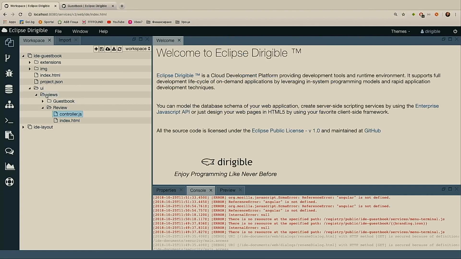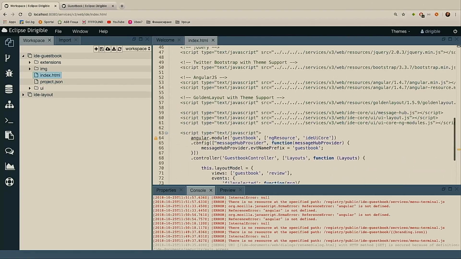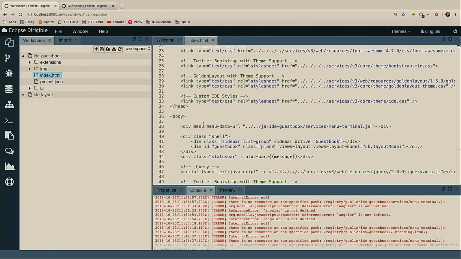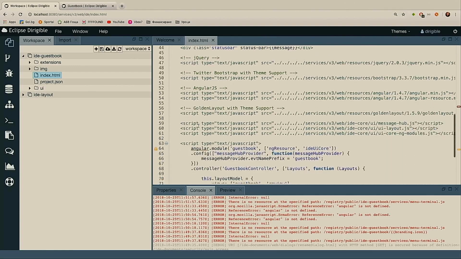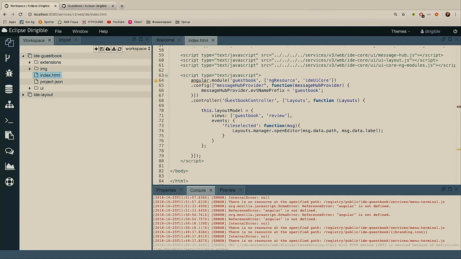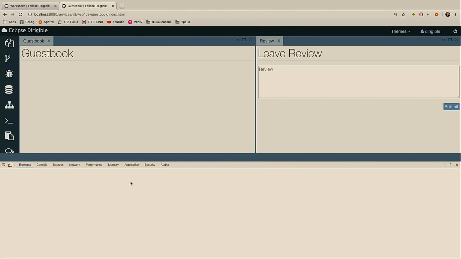Okay, so the last thing that I want to show you is the index.html. With this menu bar, sidebar that Nedelcho told about earlier. And actually the really cool thing is that here in this layout model, you can say which are the views that are contributed and should be loaded with this perspective. So if I do a quick experiment, and if I check who are all the possible views,